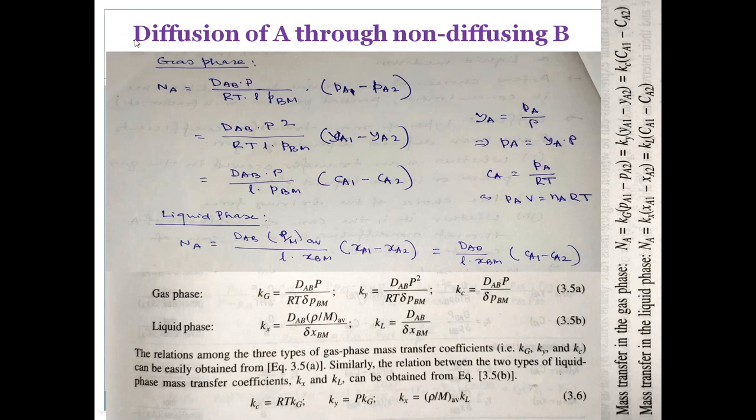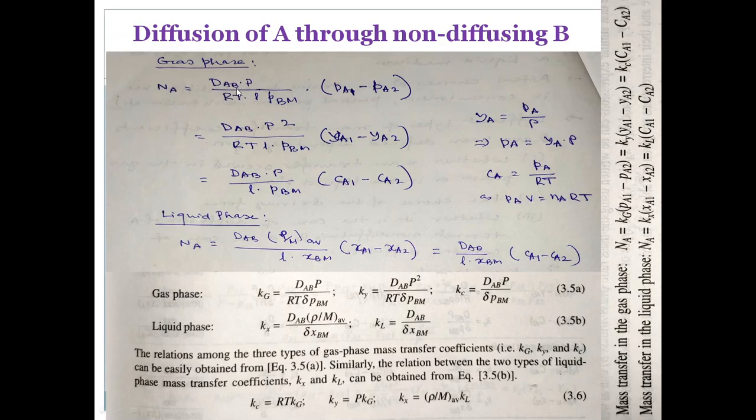So let's take the diffusion of A through non-diffusing B. Okay, this is a case. Now what I am trying to do is compare this with our molecular diffusion. What calculations we have done in case of molecular diffusion and what we are getting now, that will make this clear. So if you take the diffusion of A through non-diffusing B, in gas phase,